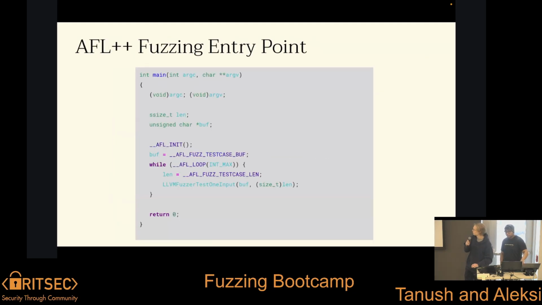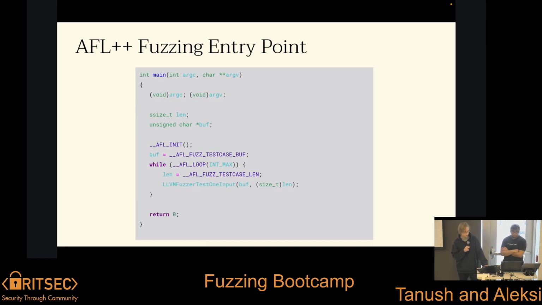All right. I think this is a better example in my opinion, just because it shows the actual loop. This is persistent mode for AFL++. I think the most important thing to take away from this is all of the macros. Here you have AFL_INIT, which acts as a checkpoint. It tells the fuzzer that everything before this is one-time setup, and then to start the actual cloning process. So it won't clone on every iteration. I will get to that.